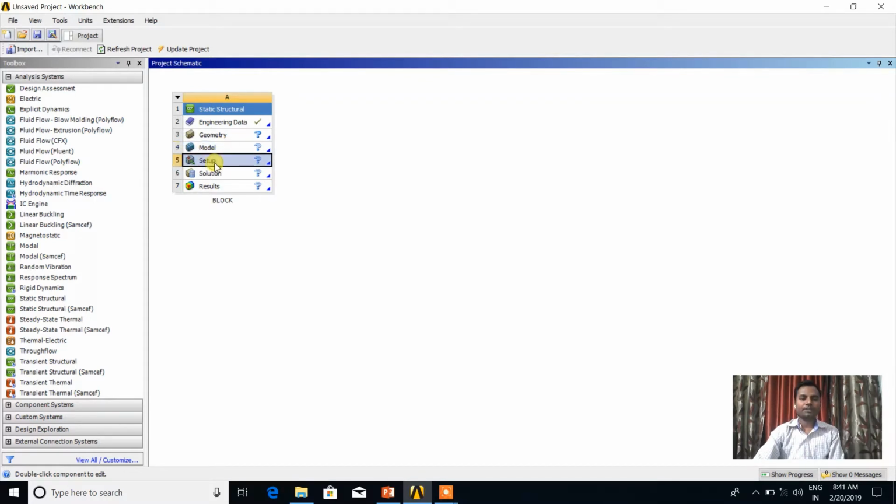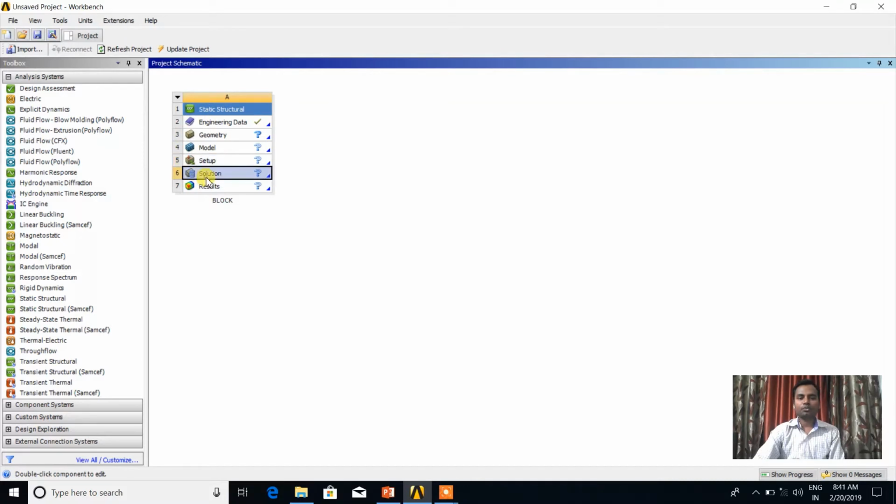Then the setup is nothing but the boundary condition. So boundary condition can be explained from the real time problem, that is, on which component you want to do the analysis. Based on that component we have to give the boundary condition, like where the force is applied, where the pressure is applied, or where that body is fixed, in how many directions it is fixed, where the displacement is required to be free. Okay, so that is nothing but the boundary condition. So these 4 things are included in the pre-processor. These are the part of the pre-processor.